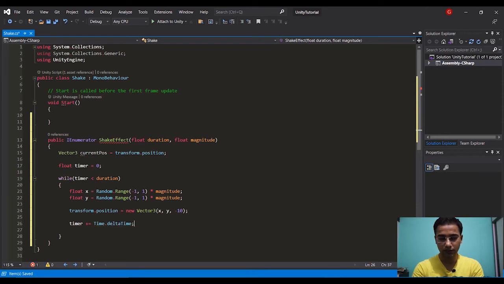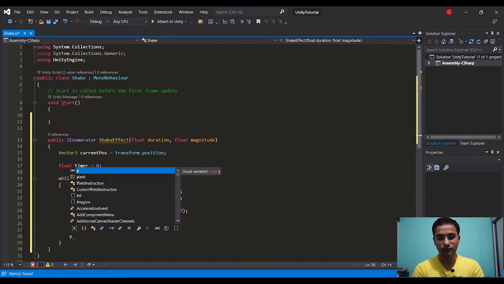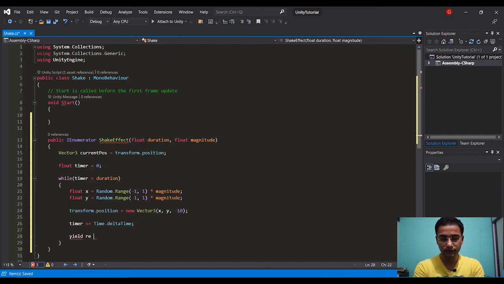So this timer's value will gradually increase by Time.deltaTime, and at last yield return 0.